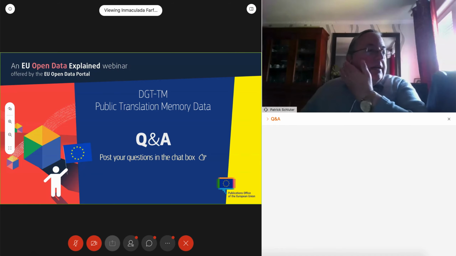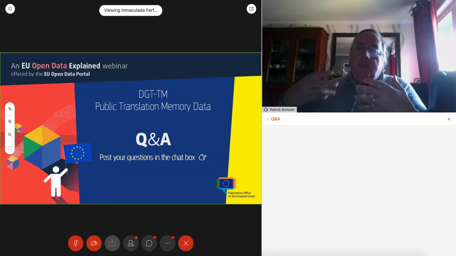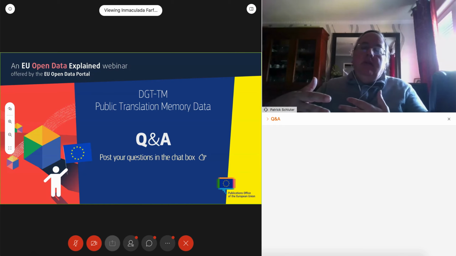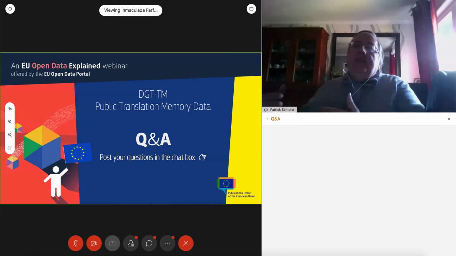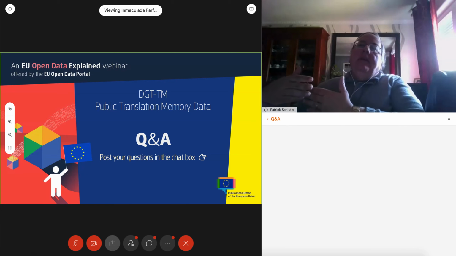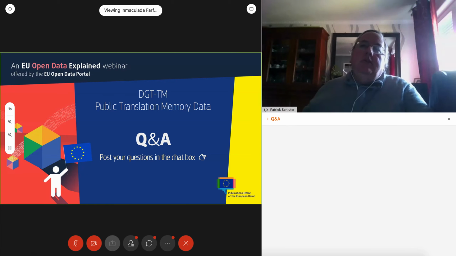So a segment is in fact a sentence or part of a sentence, and an alignment is a set of segments in the form of the source sentence and their translation. So if you have a text written in French, you will have the translation, and the alignment will be the segments that correspond to this translation, to this text. So it is a group of sentences, segments, sorry.